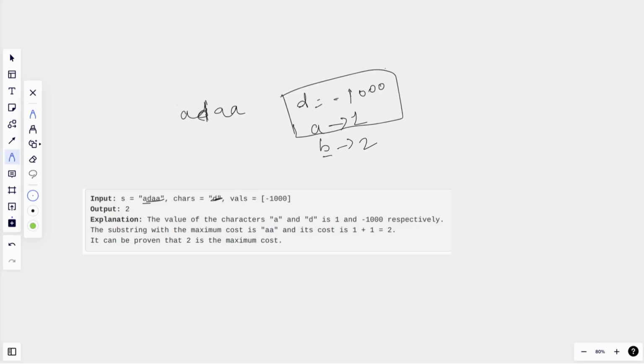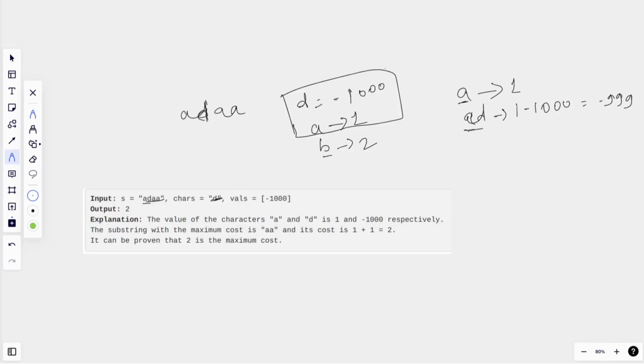So these are the values of the characters which are present in the string. For the first substring A, the value will be the value of this character, which is 1. The next substring is AD, and the cost of this substring will be the value of A plus the value of D, which is 1 minus 1000. So this will be minus 999.